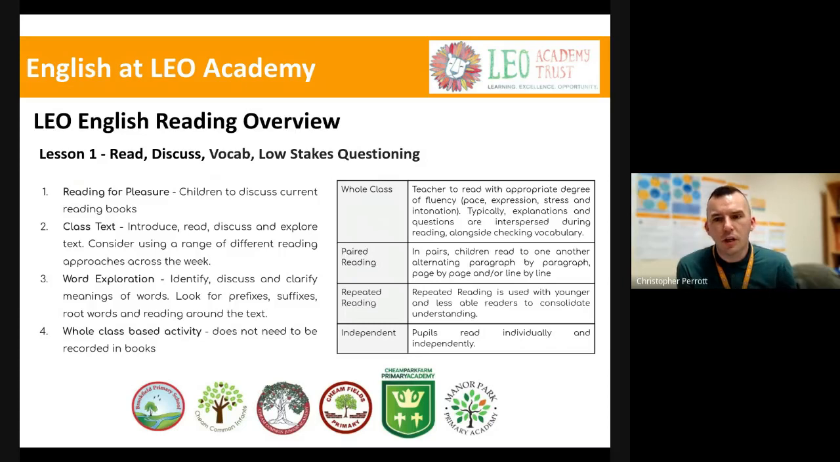And then also whole class-based activities. And these do not need to be recorded in books. These could be children generating a word bank. These could be children drawing a picture of the image based on a part of the text. What do they think it might look like? What can they see? This could be through Kahoot quizzes, Ed Puzzles, Nearpods,